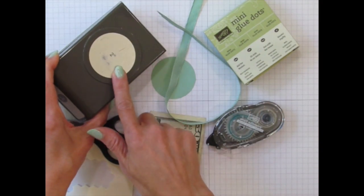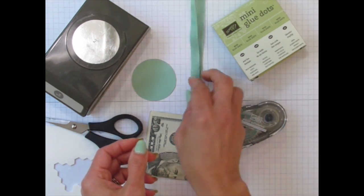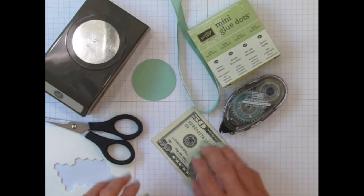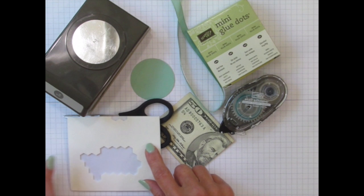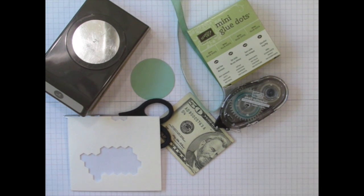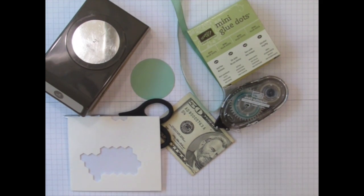So you need your 2-inch circle punch, and you're going to punch out some mint cardstock. So you'll need the mint cardstock, the mint ribbon, the mint satin ribbon, some glue dots, possibly some money because it's going to be a graduation gift, your paper snips or scissors, dimensionals, and possibly we may be putting on sequins. So if we do some of that green glue, the multi-liquid, mono-liquid glue, then